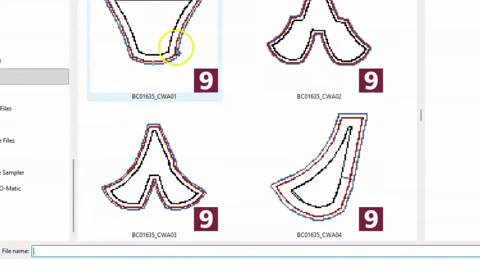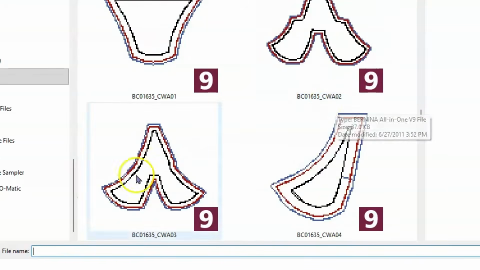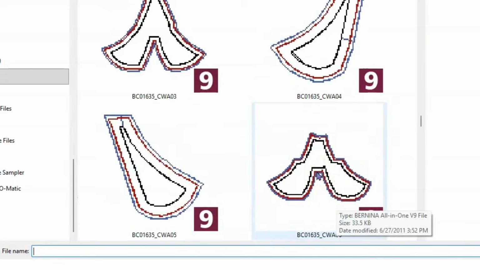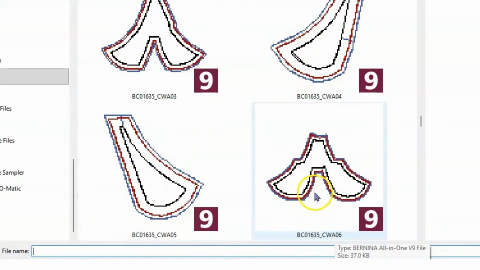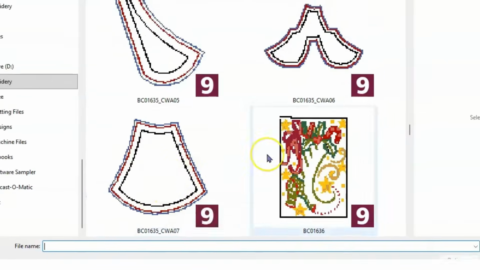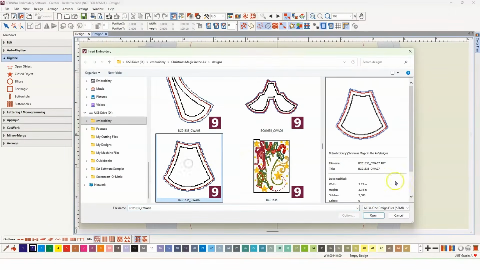And here I can see BC 01635 Cutwork A01, Cutwork A02, Cutwork A03, A04. All of the Cutwork that would go onto that BC 1635 is here. Okay, so I'm just going to open one of those,